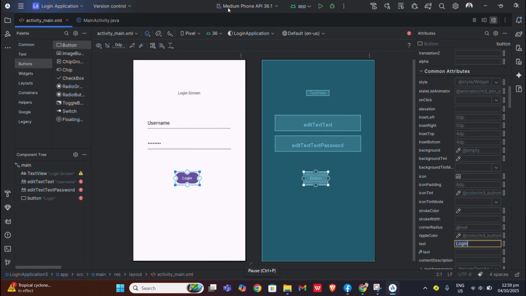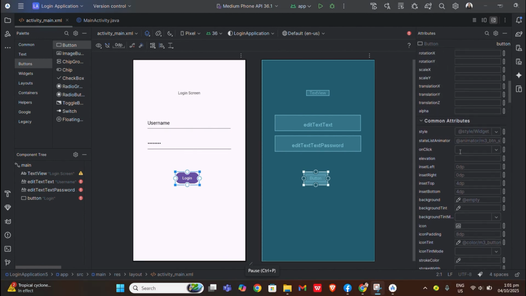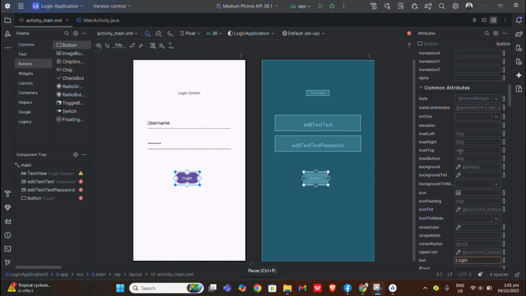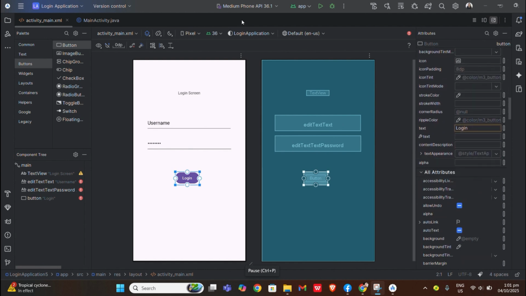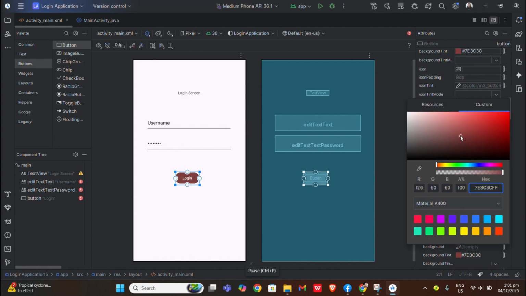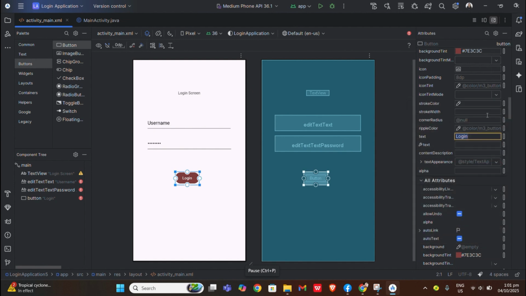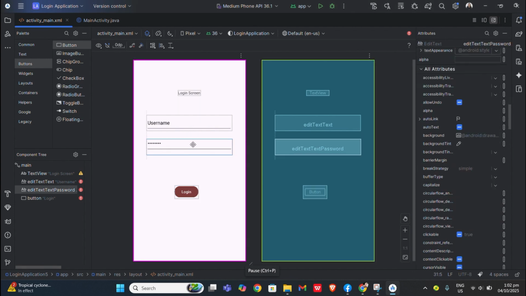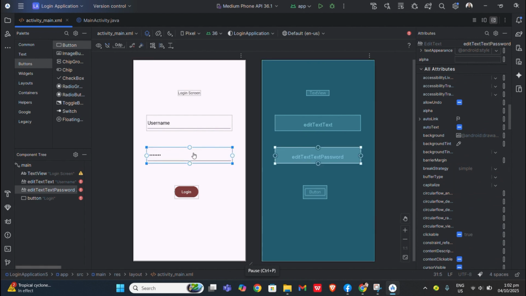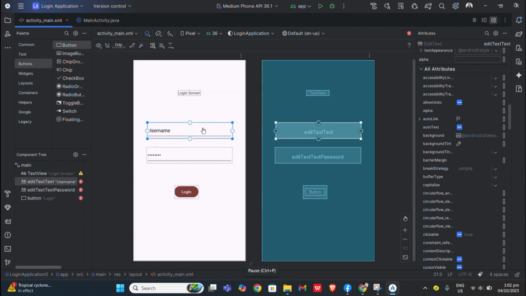And now the word has changed. Now we have to change the background for the button. Make some adjustments for a better view.